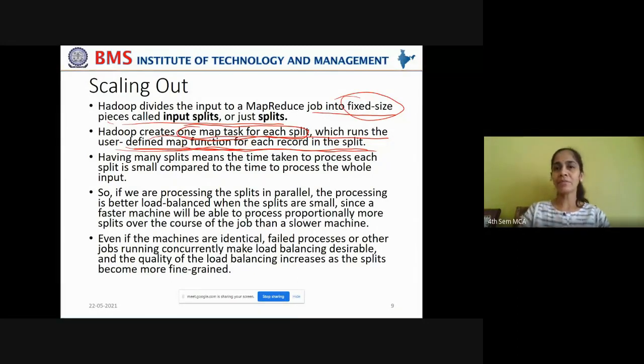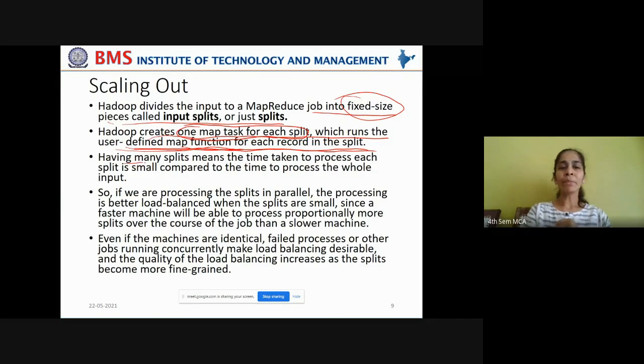Right, that means that split is being processed by the map function according to the code you have written in the map function. In this map function, according to the example we have taken, what does the map function do? It takes the year in which the temperature is captured and the list of temperatures captured in that particular year. That is the code we have written. But you may have many other kinds of processing tasks. According to that, you have to customize the code in the map function.